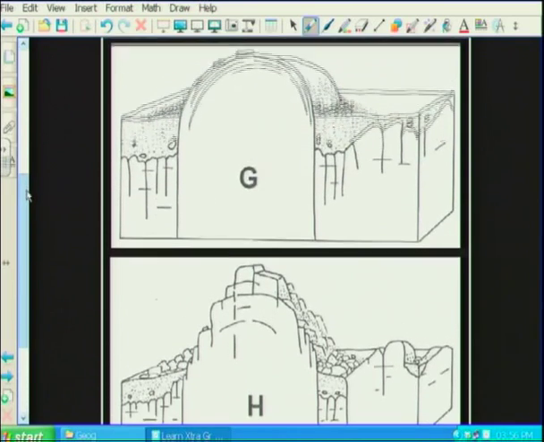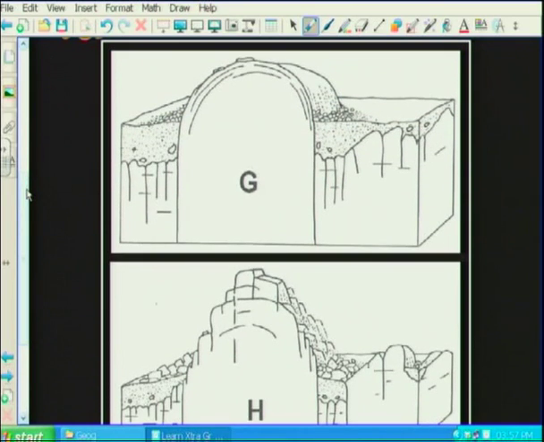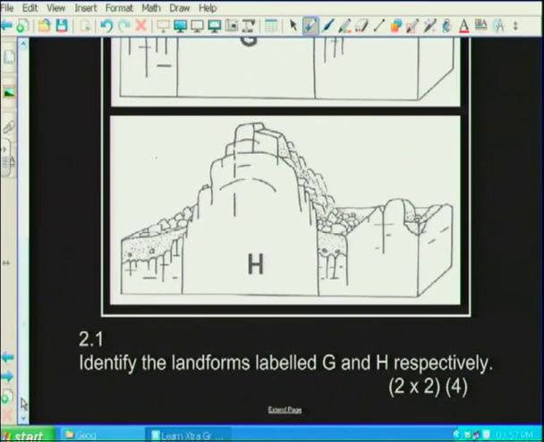Now, just by looking at those diagrams, that's a nice dome-shaped feature. Therefore, feature G is actually a dome. Okay. If we go to figure H, we will notice that we've got nice jointed igneous granite rock over here. That is going to definitely be what's referred to as a tor. And if you remember or recall earlier, I mentioned the fact that a tor is the most important type of